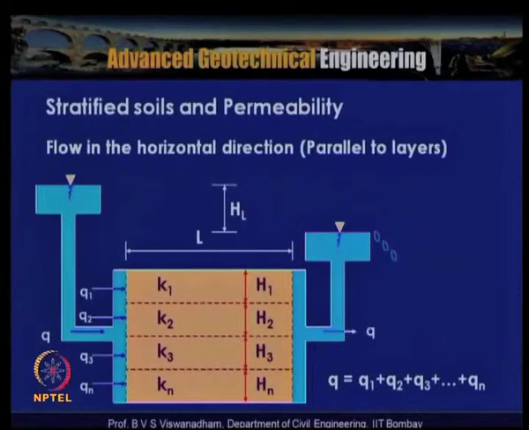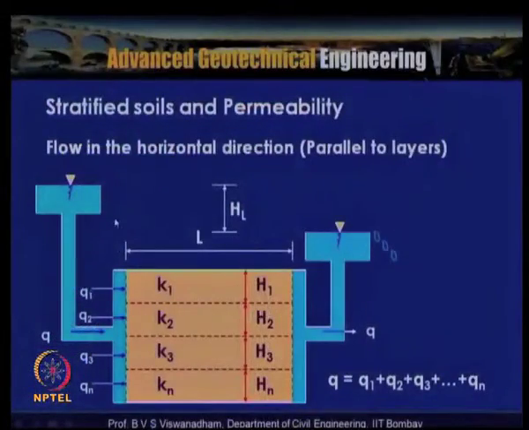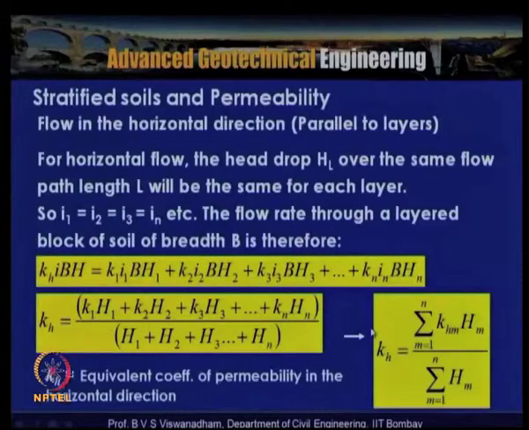With that, the flow gets divided depending upon the permeability of the soil, which is apportioned as Q is equal to Q1 plus Q2 plus Q3 so on to Qn. So, the condition here is the head loss which occurs over the length of the sample L, and the discharge Q is equal to Q1 plus Q2 plus Q3 so on to Qn, and then Q comes out.